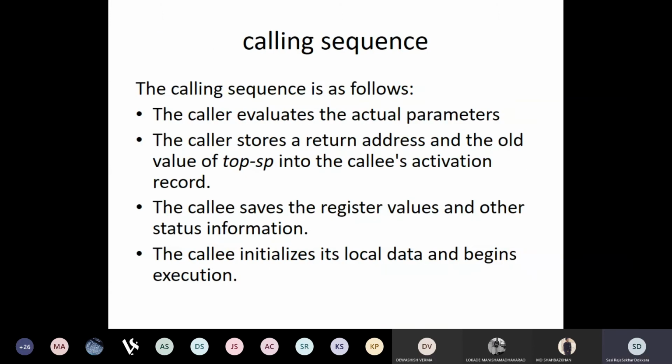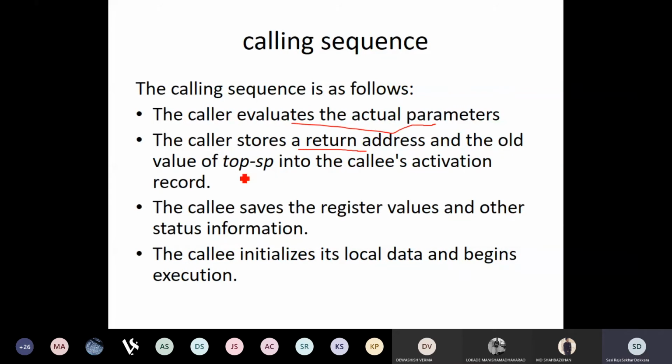Now we'll go into each one of them. The calling sequence. We're going to divide this entire process into two parts. One is the calling sequence, and the other is the return sequence. In the calling sequence, the caller evaluates the actual parameters, and then the caller stores a return address.